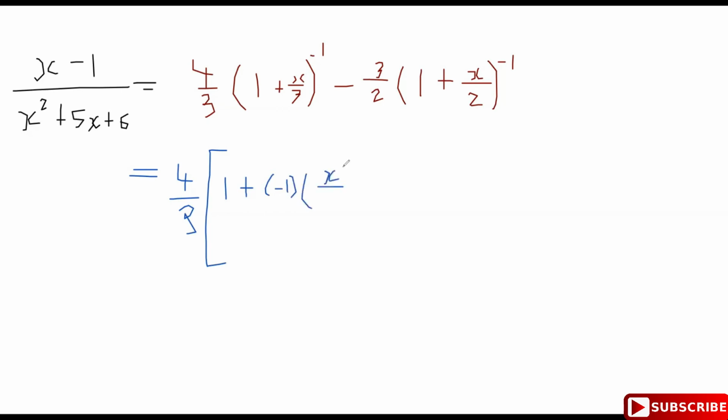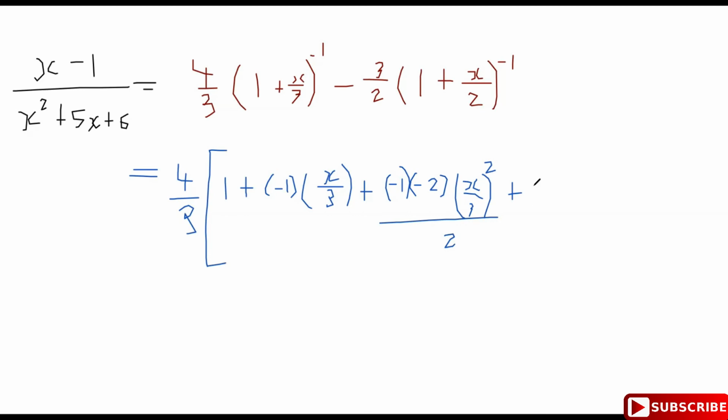So 1 plus nx, plus n times (n minus 1), which is minus 2, times (x over 3) squared, divided by 2 factorial, or 2, plus